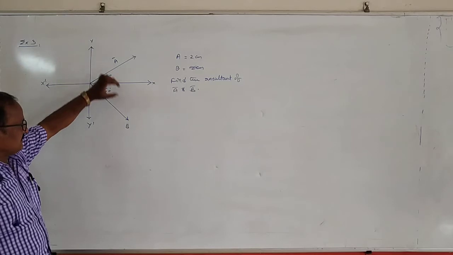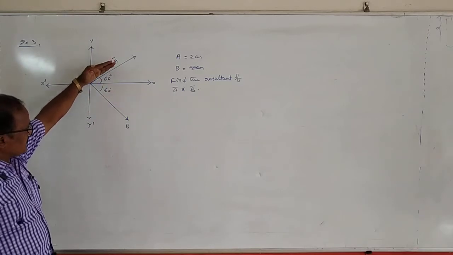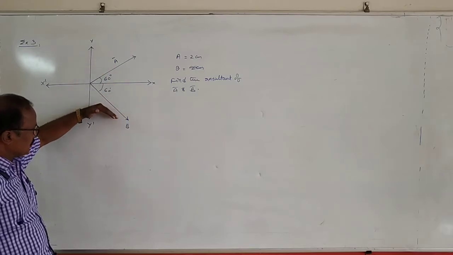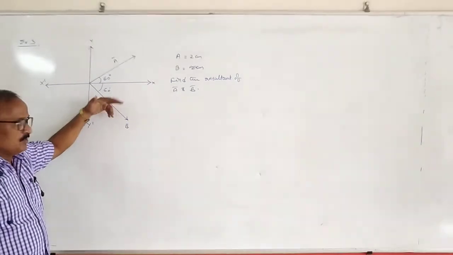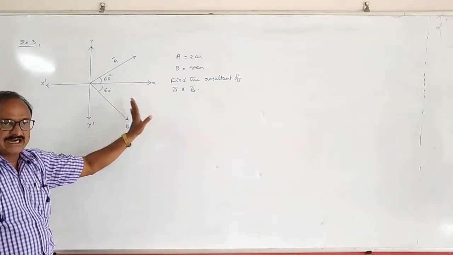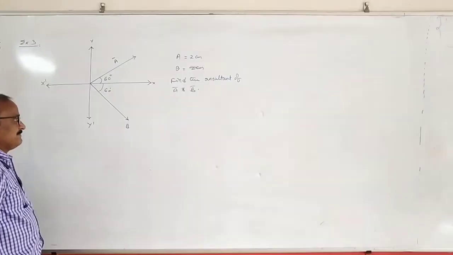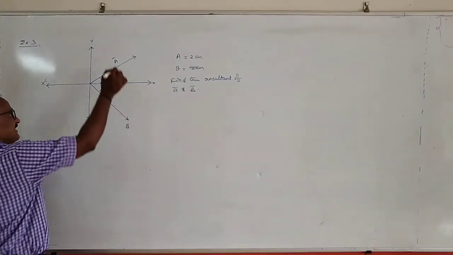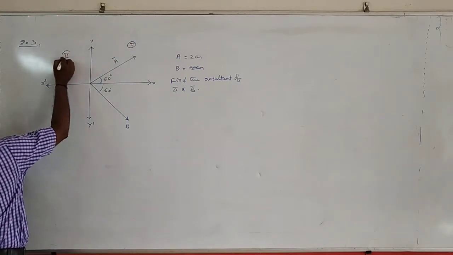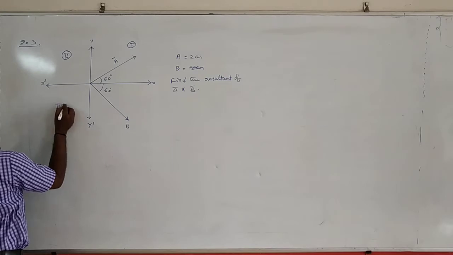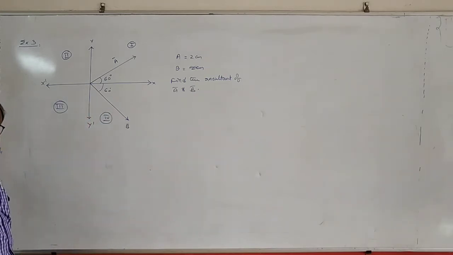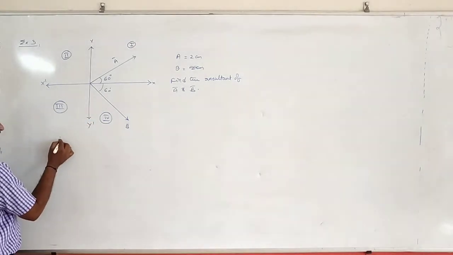You know, first one, this is a bar and this is b bar. Given a bar is 60 degrees above the positive x-axis and b bar is 60 degrees below the positive x-axis. Both have the same angle. Find the resultant of both a bar and b bar. See my dear friends, this a bar is lying in the first quadrant. This is the second quadrant, this is the third quadrant, and this is the fourth quadrant. Okay? A bar is lying in the first quadrant, you know.